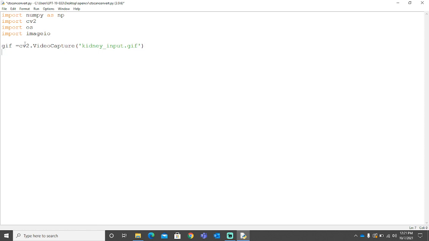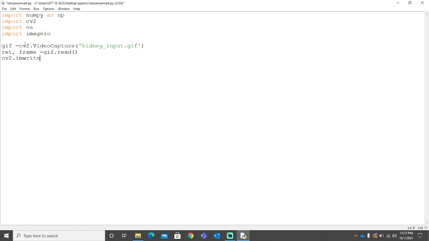Now what I'm doing here is taking it as a video file. As you see, my GIF file was static, so there were no moving or dynamic frames. So I'll be saving one of its frames as a frame variable and I'll be reading it. Later on I need to save this, so let's save it now.